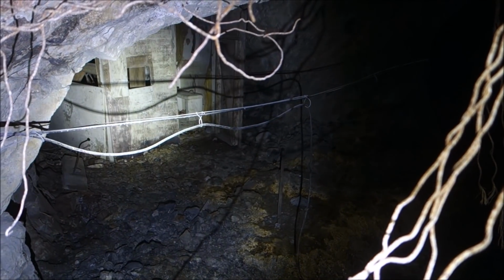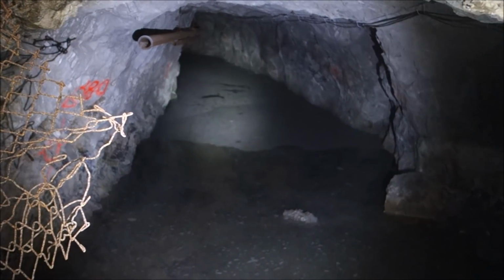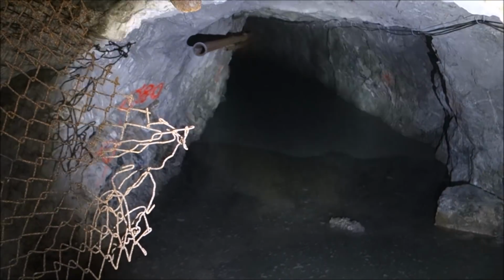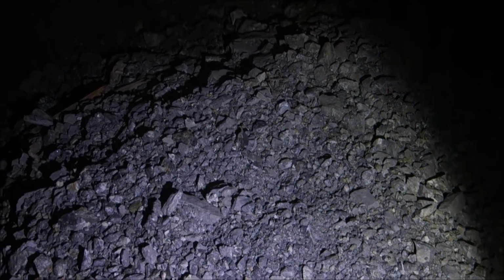Okay, that little workshop tool room I just explored is right there, and that lake is right here. And according to our map, this just loops back into the main adit, so we're not going to bother going down that. Something interesting about this pile of debris here, waste rock, is that there's a reason it's here,